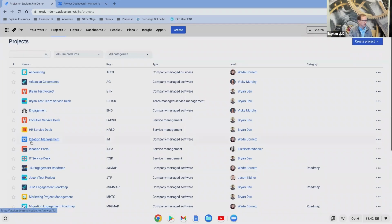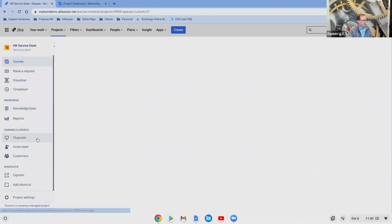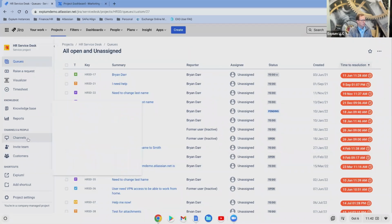All right, so we're going to go into the HR Service Desk. And I'm going to bring up the back-end view for your team that's managing. This is the queue that your team would be seeing, and there are different queues you can bring in. But what I want to highlight is what the actual